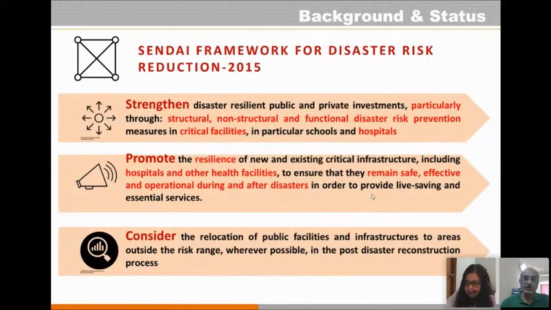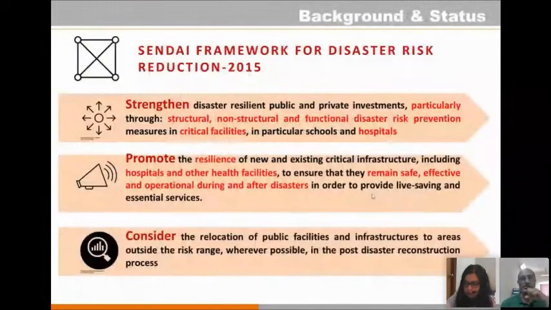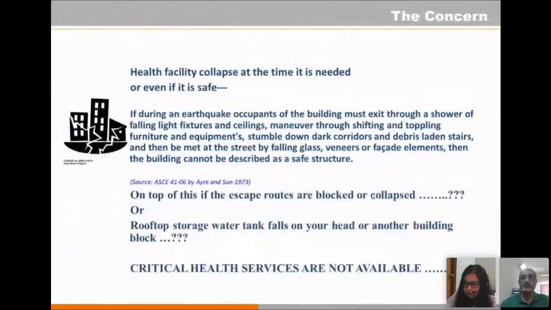In fact, when we look at the sustainable development goals of the globe, there also the health facilities and safety have been given prime importance, and the concern is the health facility collapsing at the time it is needed, so that is not permitted. If during the event occupants of the building must exit through showers of non-structural elements, then the building cannot be described as a safe building. So FEMA clearly says that it is not only the structural element, but the non-structural element